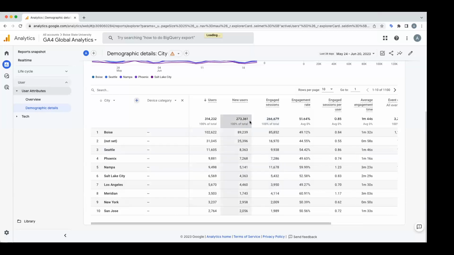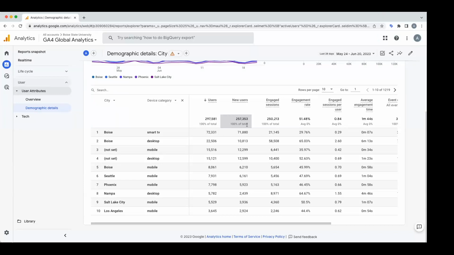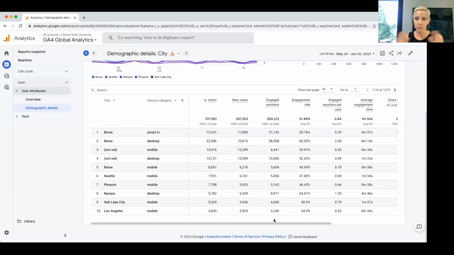Thanks. Hey, Sophie. Hey, so where it says, and this is Jennifer, not set, does that mean that the user hasn't set their location, or where is that? Yeah, not set in Google Analytics is typically just Google doesn't have the information. So Google won't have geographic information for everybody. So that is why not set would be in that location. Sometimes VPNs, for example, might not have a city tied to them. People that have tracking turned off, things like that. Okay, thank you. We usually just remove it out of the whole data set and just look at what we have available to us.